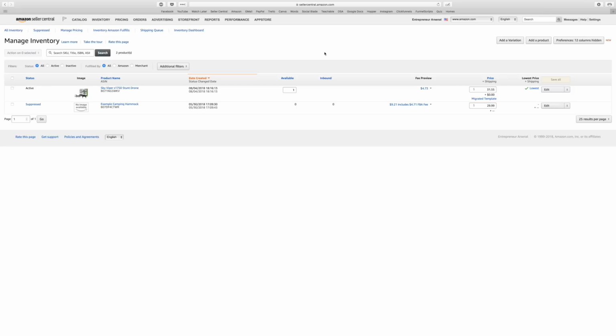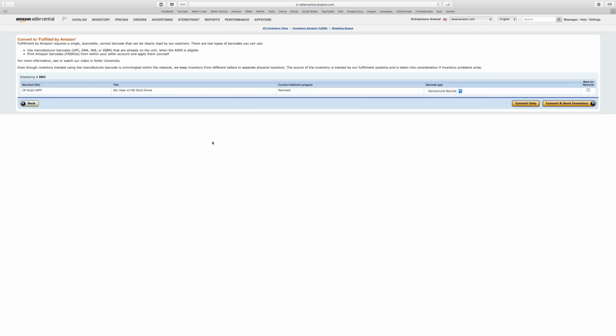So what we need to do is go over under edit, click the little drop down, and we need to change to fulfilled by Amazon right here. We click that, and then it's going to bring us to a shipping plan. So right here, it'll say manufacturer barcode. Do not change that. Leave it as manufacturer. Do not check the box and click convert